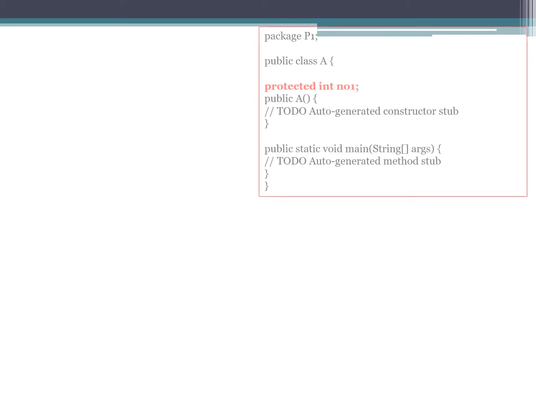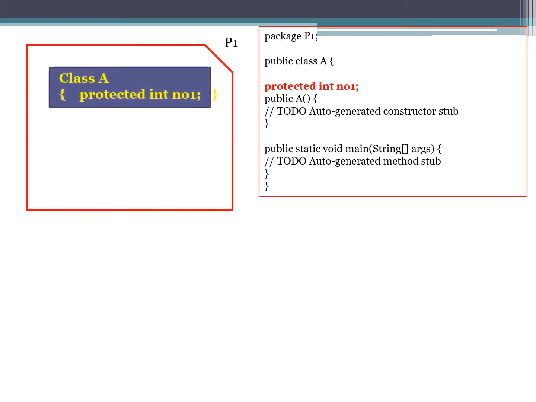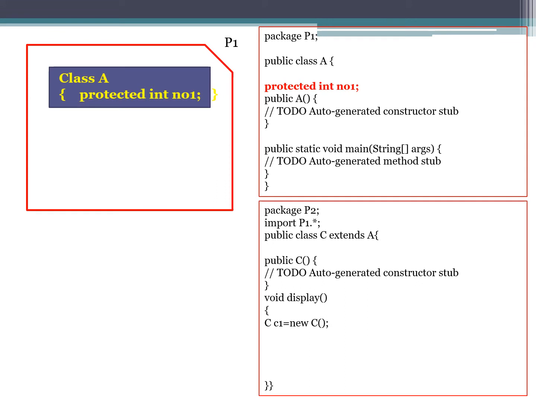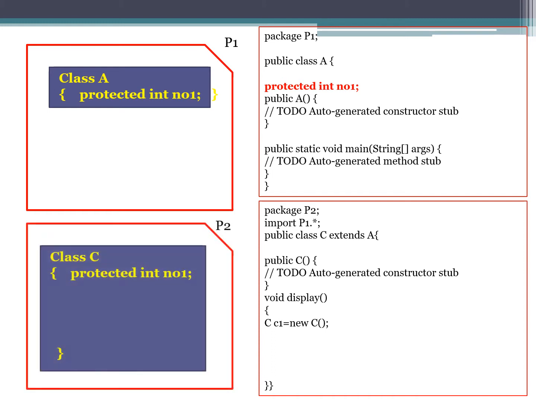Now the next scenario is there is a package P1, and in P1 there is a protected member variable. There is one more class C which belongs to another package P2. Now let's check the visibility of the protected variable no1 in the other class, but here the class is derived from class A which is in P1.